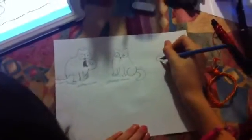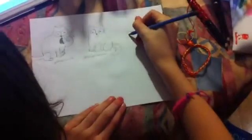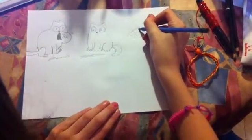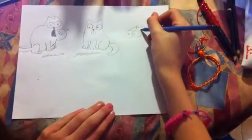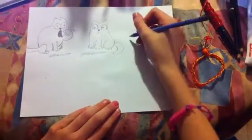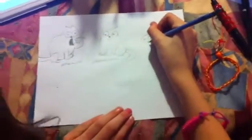Next, I'm going to draw him laying flat on his stomach, and I'll start with the eyes again, and then I'll draw an M shape, and I'll kind of go back a bit for his neck, and then I'll draw his nose and his little smile,